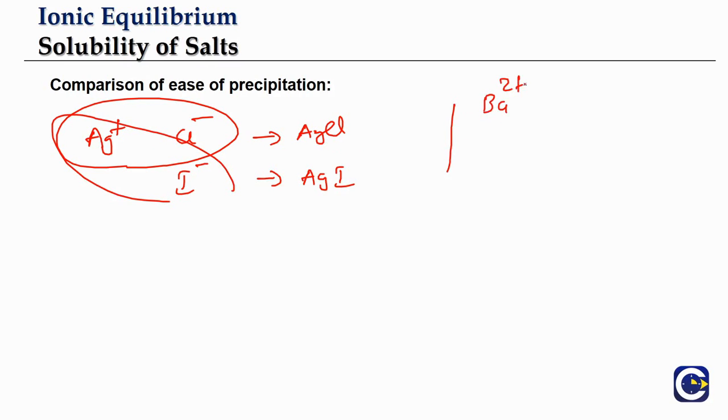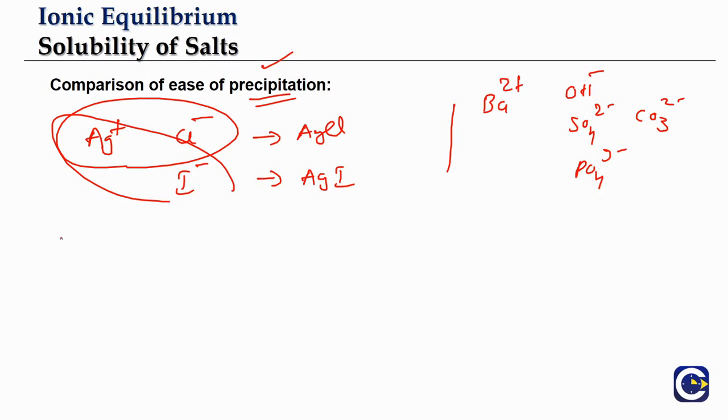Let's say for example we have Ba2+ ions, hydroxide ions, sulfate ions, phosphate ions, maybe carbonate ions. So from here, we can have a possibility of barium hydroxide getting precipitated, barium sulfate getting precipitated, barium phosphate getting precipitated, and barium carbonate also can get precipitated. So what will be the relative ease of precipitation, and how do we find out which salt is going to be precipitated first? So to do this, we have an approach.